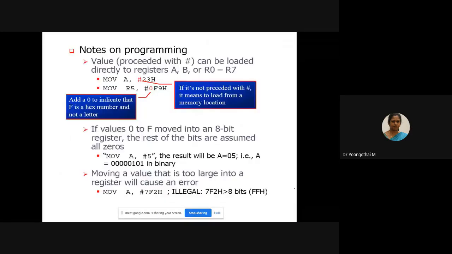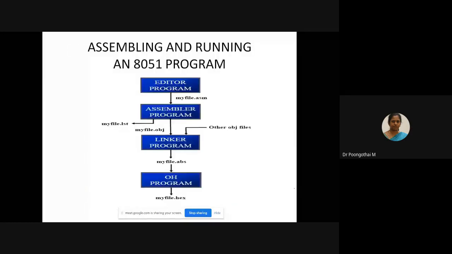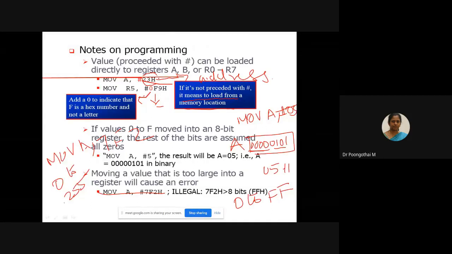And also the important thing is, suppose we are using the add instruction, ADD A, R2. Here your source operand can be either a register or immediate data, but the destination must always be the accumulator.